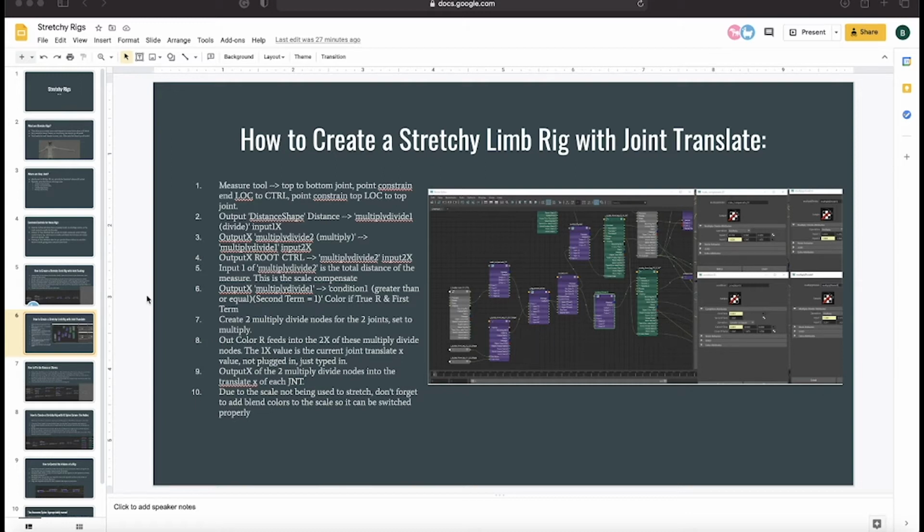And so then the 1x value is the current joint translate. So you're going to have to click the joint and find out what the current translate x of it is, and that's what you're going to put into 1x. And so keep that on multiply. Then you're going to want to put the output x of the 2 multiply divide nodes into the translate of